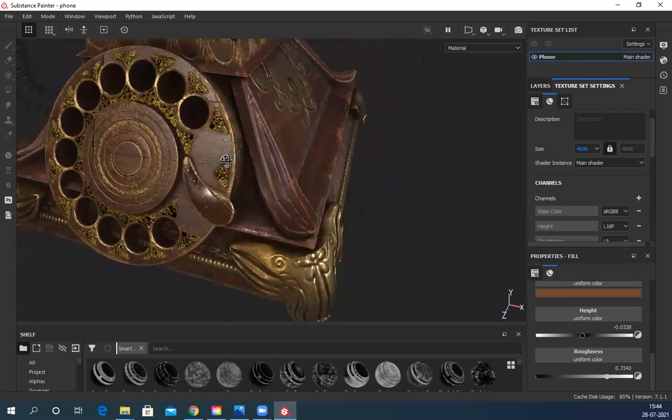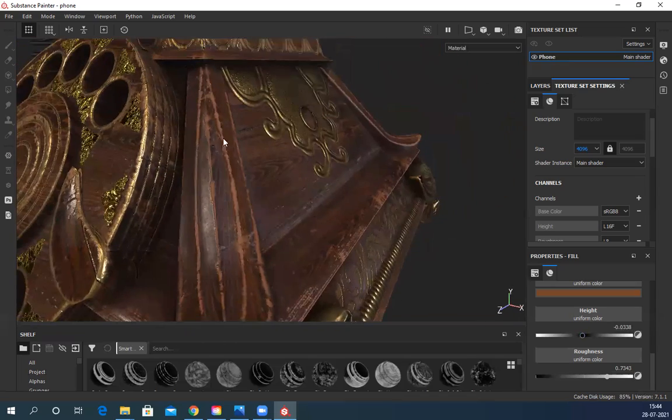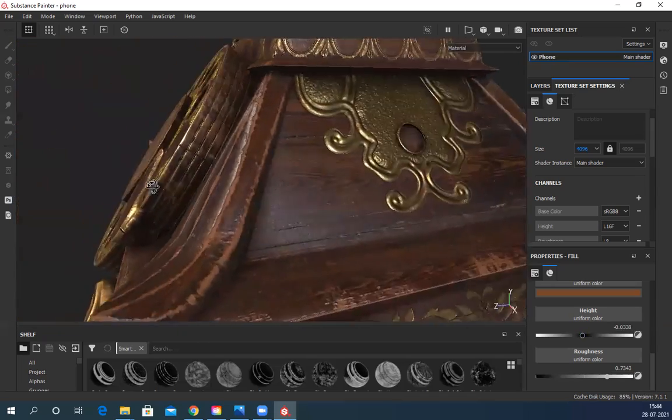Reduced. And the edge wear, here you can see they look like an outline.